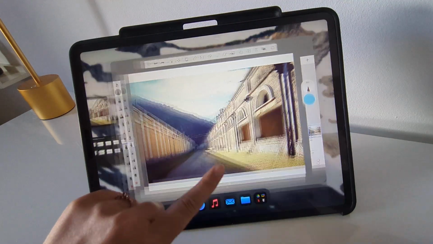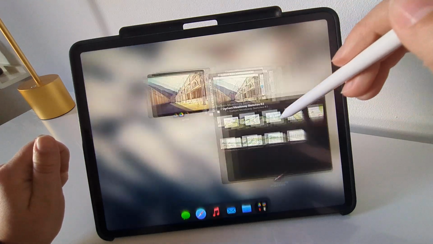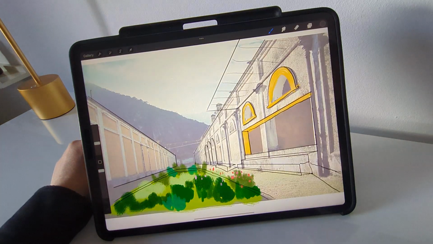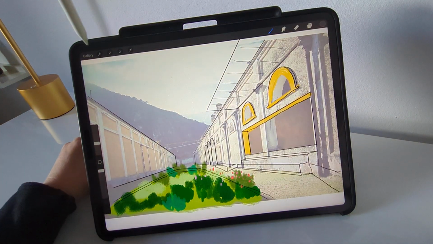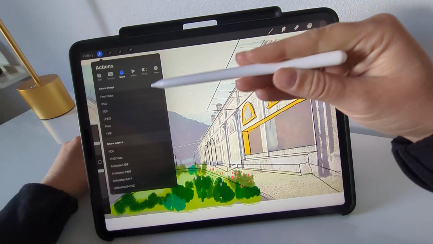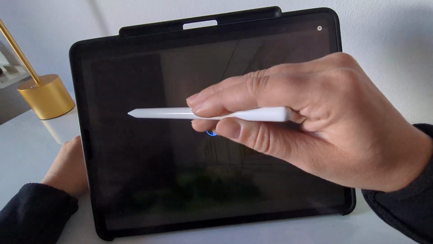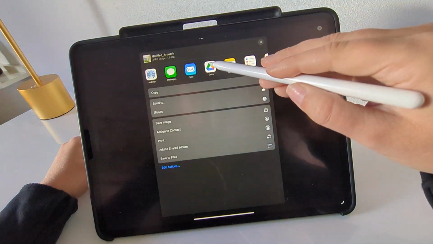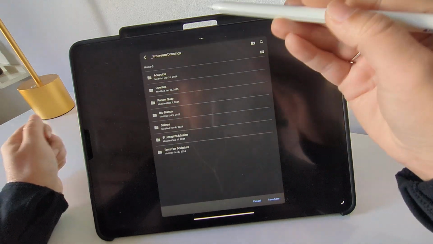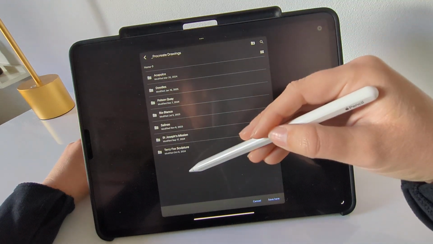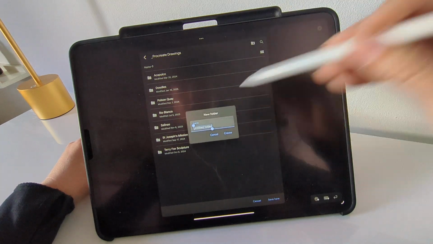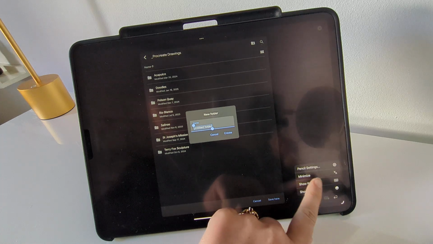I guess the last thing I need to show you is how to export an image. So if I go back to Procreate and go up to my untitled artwork, let's say I'm finished with my image, I would go to the wrench action and go to share, and I could select any of these options, but I'm just going to choose JPEG. Usually what I do is save it to my Google Drive, in a folder where I keep things organized called Procreate Drawings, and I create a folder for whatever project I'm working on and save it in there. So let's start a new folder called